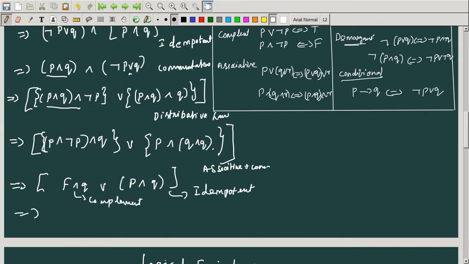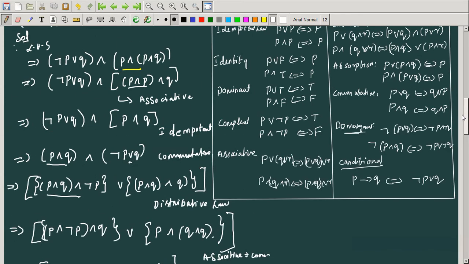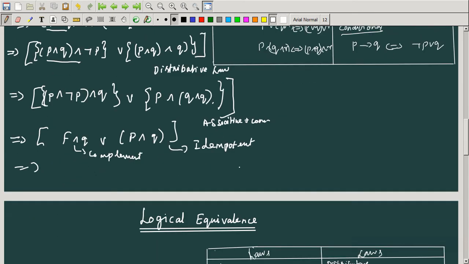Okay, so next, what I'm going to do. What does the dominant law say? See here you have the dominant law, right? You check the dominant law. What does the dominant law say? P and true means it is P, and P and false means it is false. So by the dominant law, false and Q means it is false, right? By the dominant law, R, this one write as it is, R, P and Q. Which law did we apply? That law name is called the dominant law.